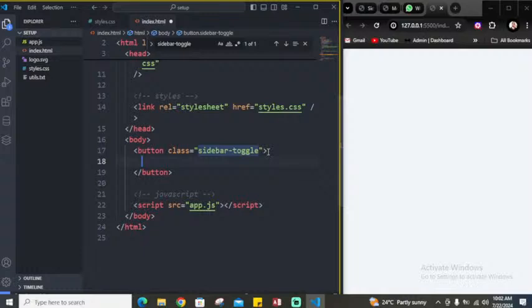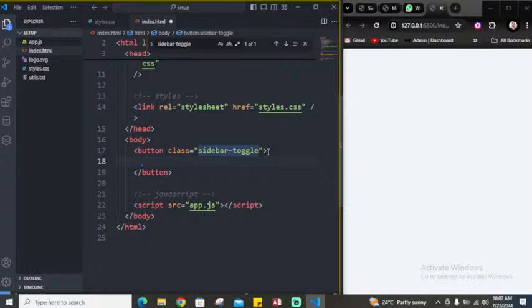Now what I want to pass inside this sidebar-toggle, I want to add an icon, let's say one of the icons called the sidebars. That's the hamburger button itself. That's what I want to add. I don't know if you get it. The hamburger button itself is what I want to add. And the hamburger button itself on the content delivery network, it has a